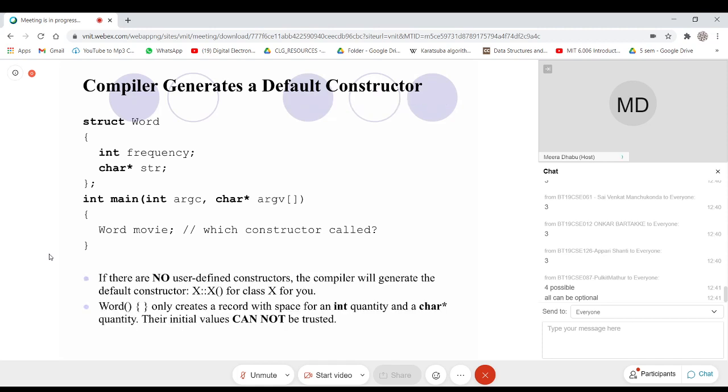But remember, if there is not a single user defined constructor in the class definition, then only the compiler will generate the default constructor. Default constructor means what? A constructor which is not having any argument. The argument list is empty.